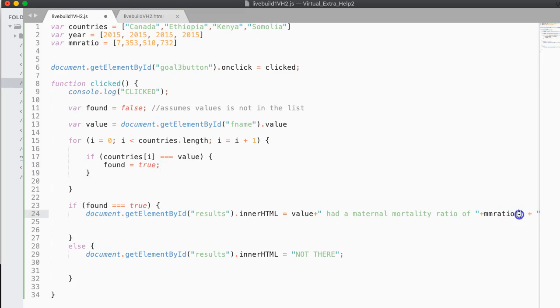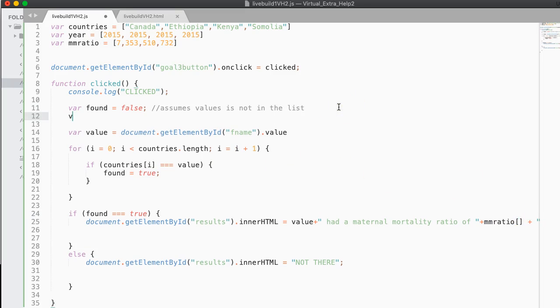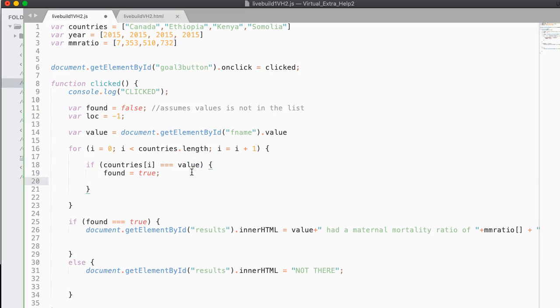So what students sometimes do is they put an i there. But the problem is that the i no longer exists because this loop is done. So we need to add one more variable here. We're going to make another variable called loc, and we're going to set that to -1. And if I happen to find the value, I'm going to set loc to i. And so what that does is I do two things. I say, hey, I found it, but I'm also now noting the location of where I found it,